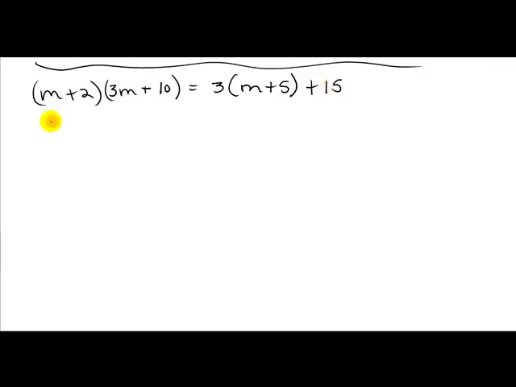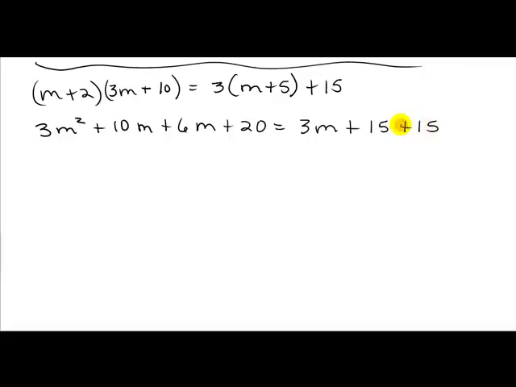So here I have to FOIL. So m times 3m, m times 10, 2 times 3m, and 2 times 10. That's just on the left. On the right, I have 3 times m and 3 times 5, plus the 15 that was already there. So we've got 3m squared plus 16m plus 20